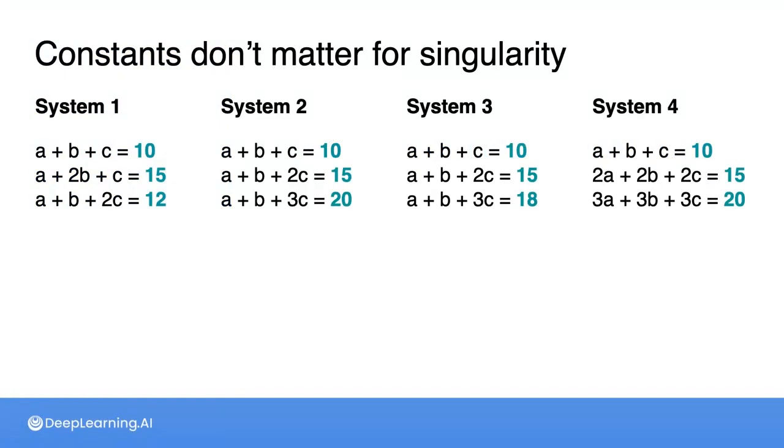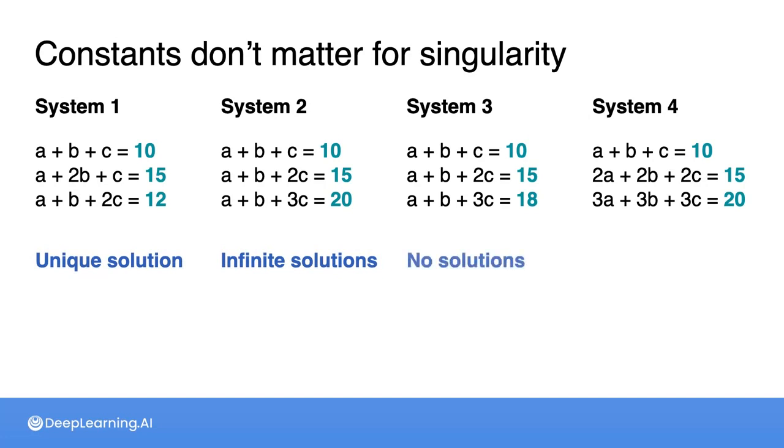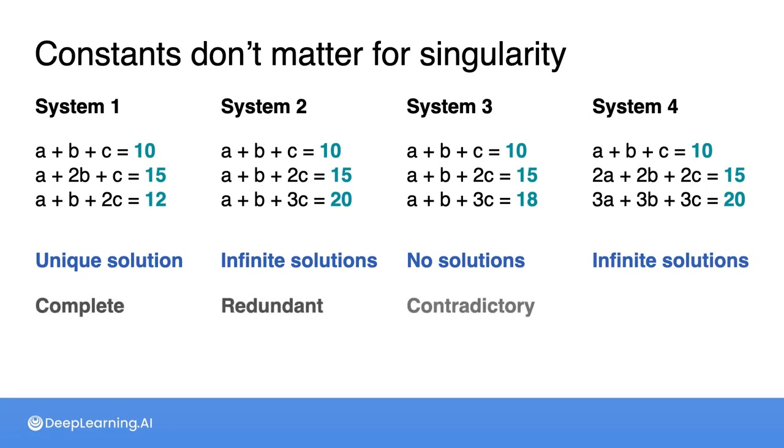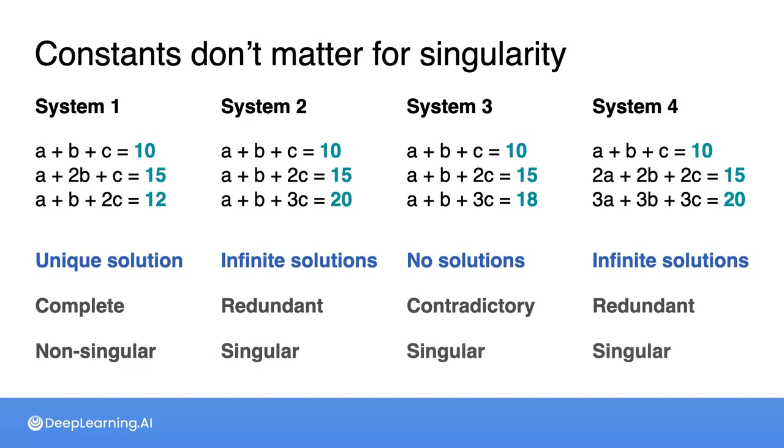In the previous video, you solved 4 systems of 3 equations and 3 unknowns. You found that the first one has a unique solution, the second one has infinitely many solutions, the third one has no solutions, and the fourth one has infinitely many solutions. Using the same terminology as before, the first one's complete, the second one's redundant, the third one's contradictory, and the